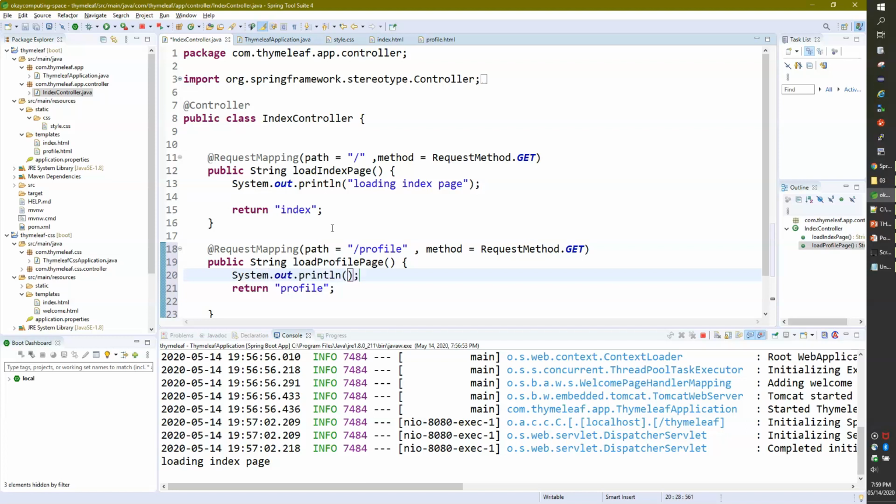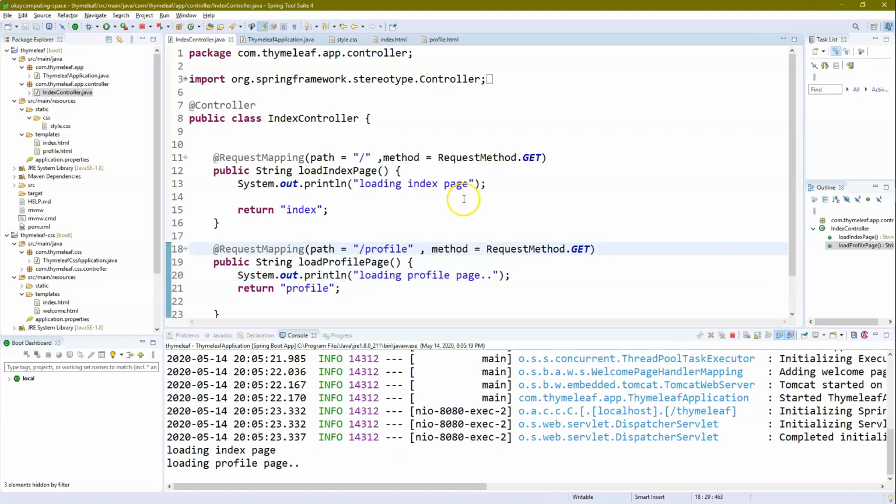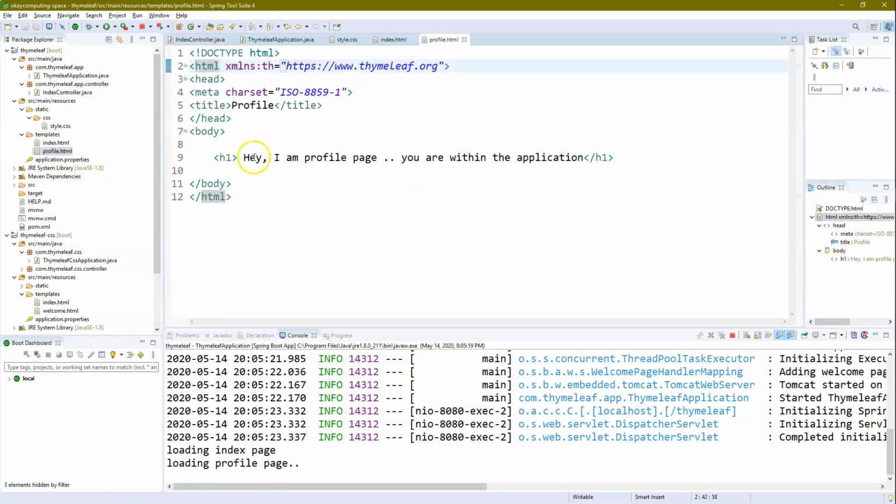I'll write a simple sysout here, loading profile page. So what I'm doing here is, if I see /profile in my URL, you should be navigated to the profile page, the new one, which is here.